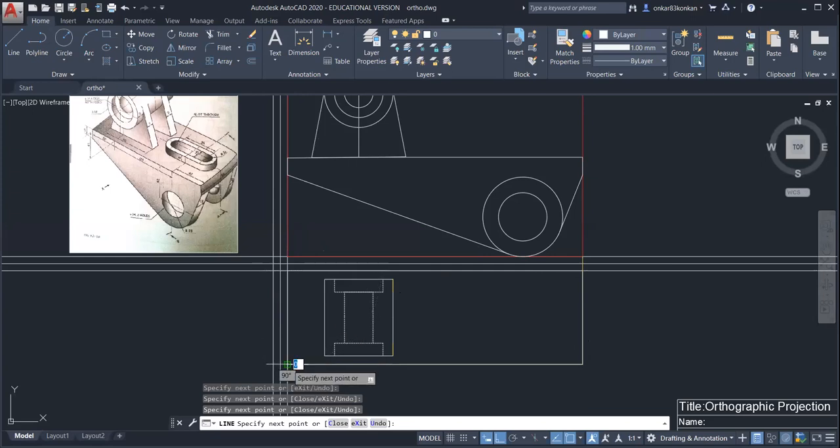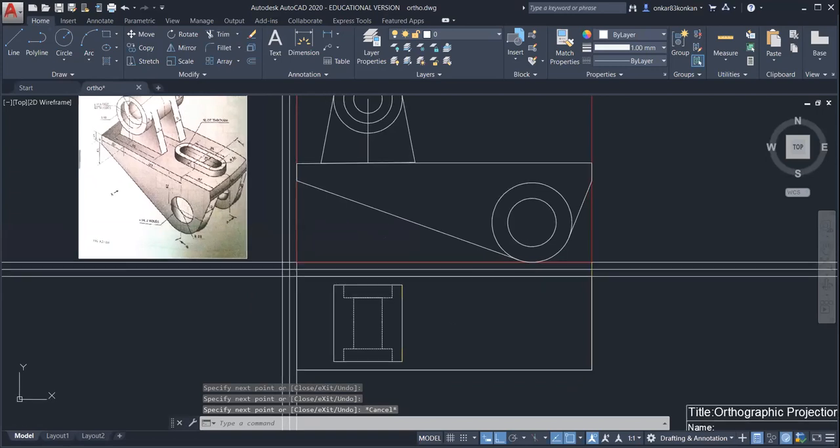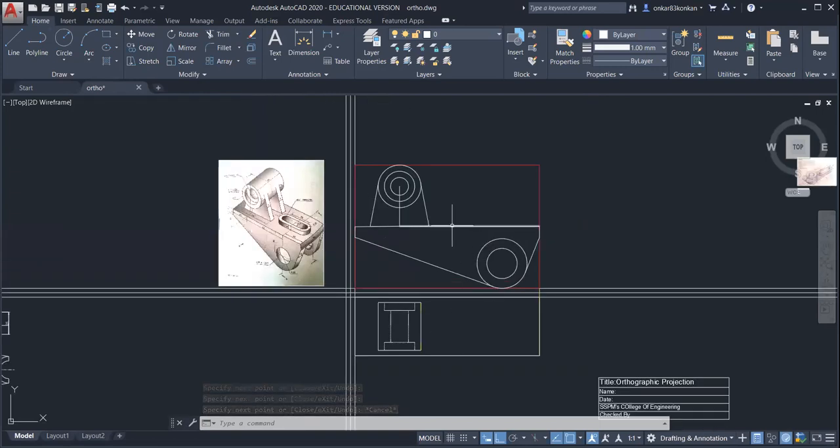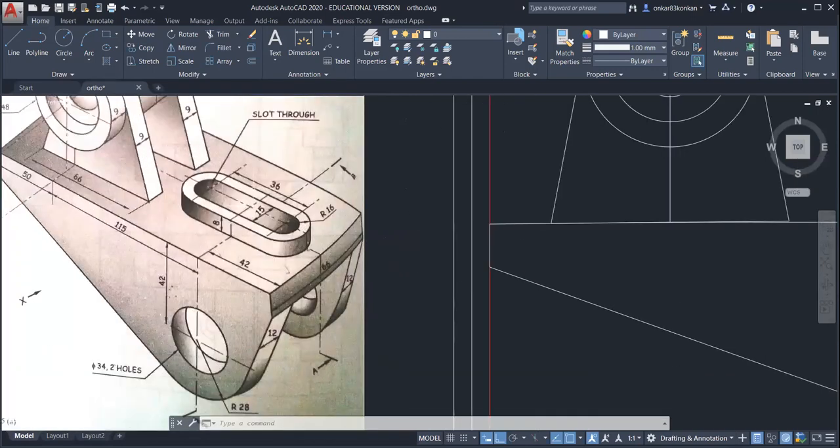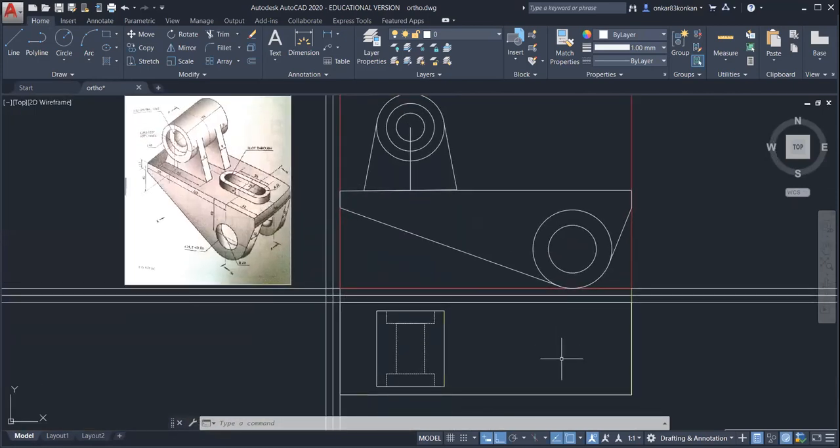So this boundary will be completely visible in the top view. Now, if you observe here the front view, it is incomplete because we haven't drawn the front view for this portion. Okay. So for this portion, first draw the top view and then you can take the projection in the front view.